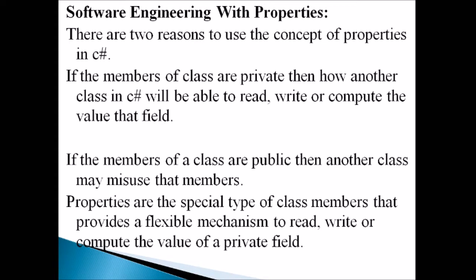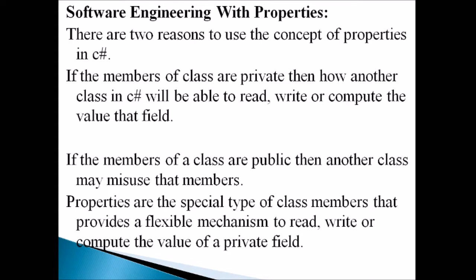Here in C# there are two reasons to use the concept of properties. We know the access specifiers limit where a field can be accessed, isn't it? In case a member of a class is declared as private, what is the logic? It cannot be accessed anywhere outside the block where it is declared, isn't it? If a member is declared within a method, then outside of the method the member cannot be accessed. If it is within the class, then outside of the class it cannot be accessed. So this is the logic of using the access specifier private.